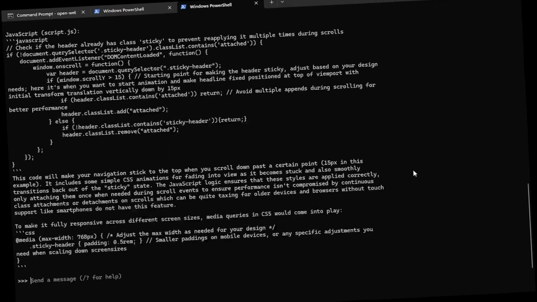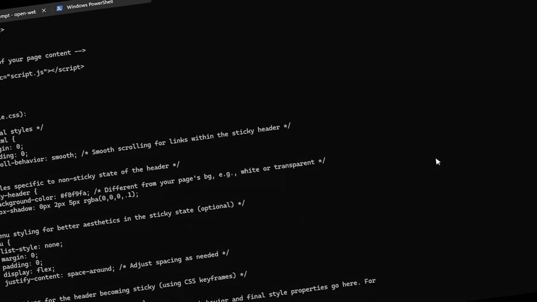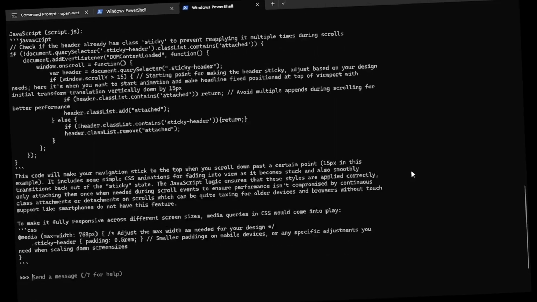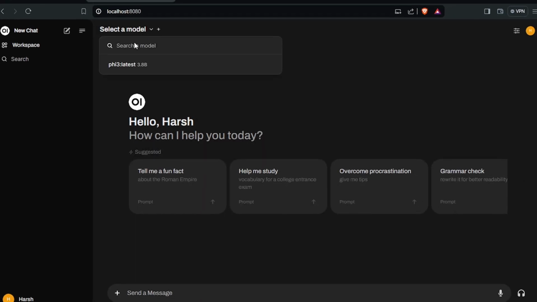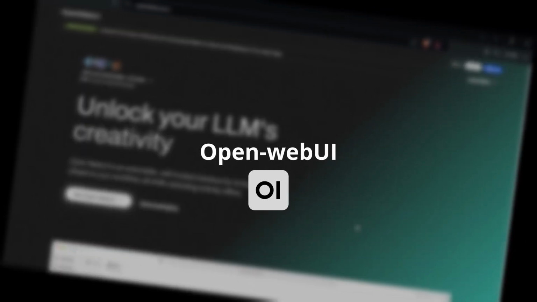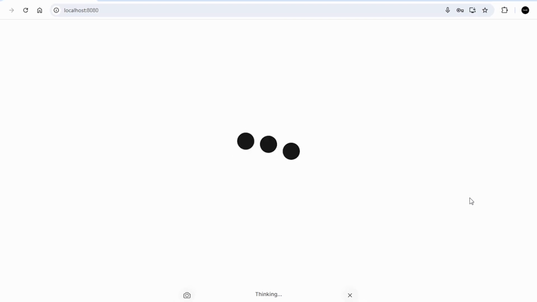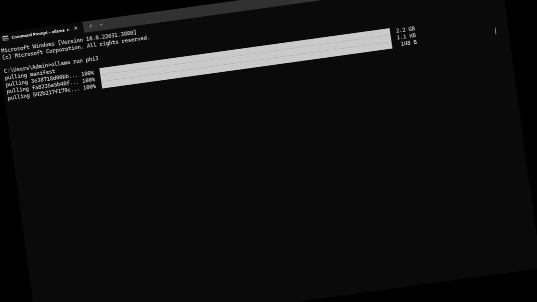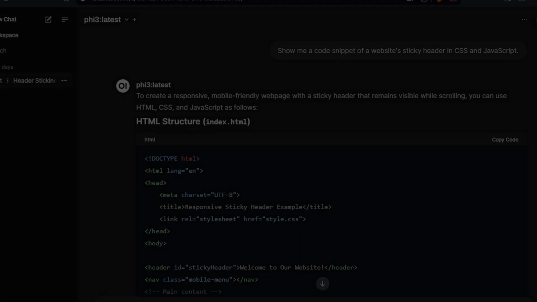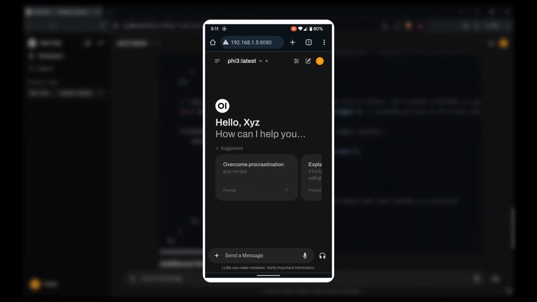Local AI is a very fascinating thing, but it lacks some basic features. Also, while Ollama can do a pretty good job, you are still missing out on the potential that it has. This is where OpenWebUI comes in. It gives you this type of interface with full features filled in and works with Ollama. It's so amazing that you can even access your local AI from other devices, on the local network of course.